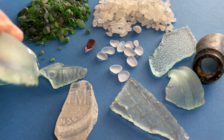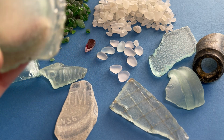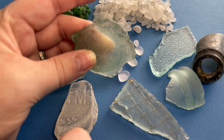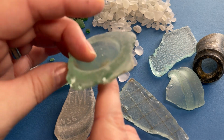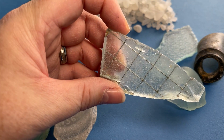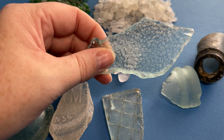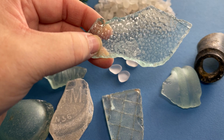That's the bottom of a bottle. Again, you can see it there, but there's a bubble in the glass there. And it's a thick old piece of glass. Quite often find bits of safety glass with the metal in the middle. This here I think is a piece of privacy glass, but again I think it's quite old, it's quite thick. It's got the knobbly texture that kind of gives it a frosting that you wouldn't be able to see through